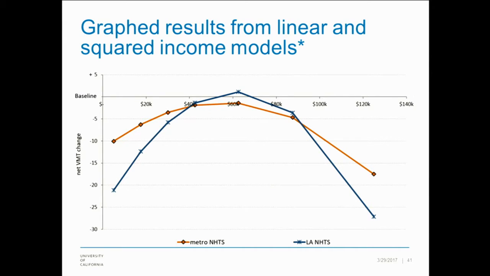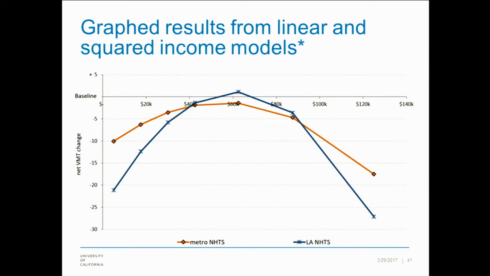And what you see here is that the VMT reduction associated with income is around, for the orange line there, which represents all metropolitan areas in California, around 10 miles per day less VMT if you live near rail. If you're in the lowest income category, it's barely 2 or 3 miles per day, and in the middle income category it's similar, and then it goes up to more than 15 miles per day reduction for the highest level of income. And there's a similar pattern for Los Angeles, which is the blue line, except that for Los Angeles, transit proximity is actually associated with a higher